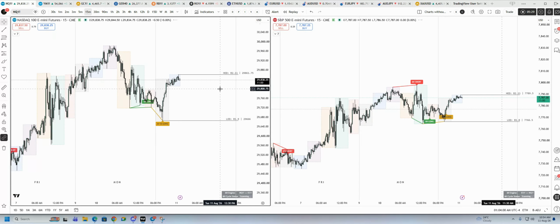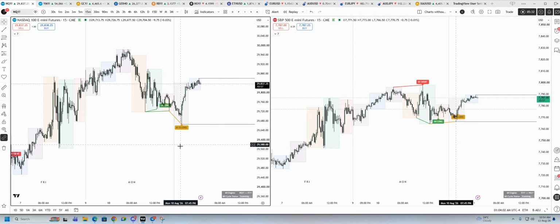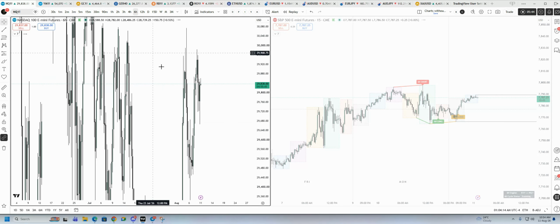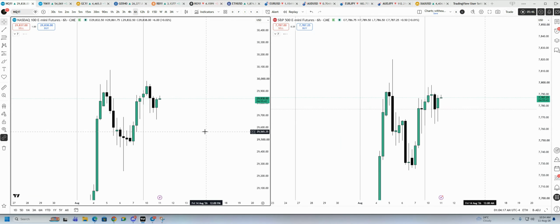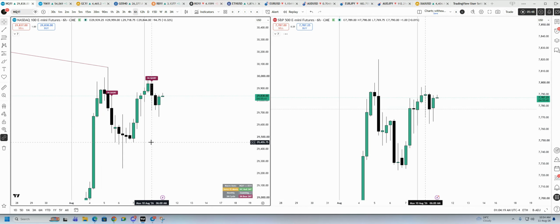So let me tell you, this morning we got a long signal in Nasdaq, and why it was an A+ long, that's what I'm going to explain here. We had an SMT here. If you switch to the 6 hour time frame, this is the 6 a.m. candle. This is the third quarter of the day. Its low was taken by ES here, but Nasdaq couldn't take out the low of the third quarter of